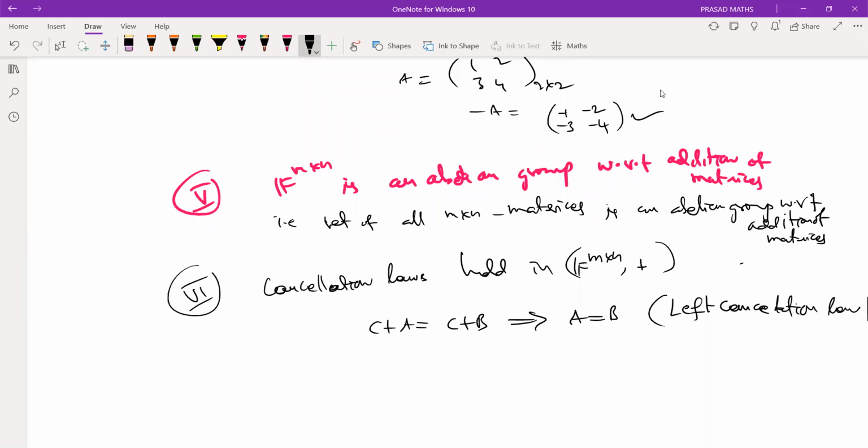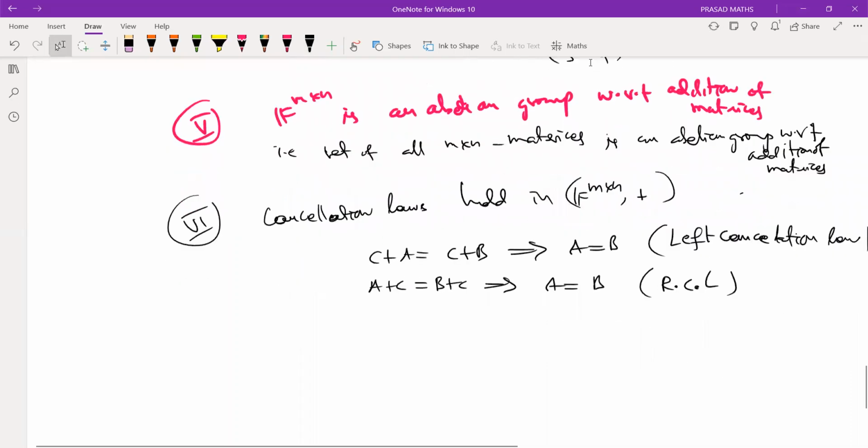Right? Why? Because it's an abelian group. Any group satisfies the cancellation law with respect to that operation. So this is B plus C, then that equals A equals B. This is the right cancellation law. Right? Next is,